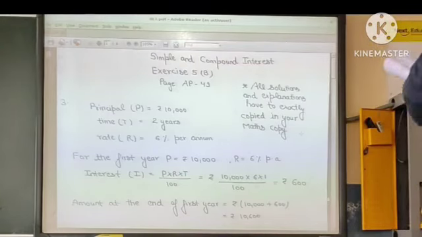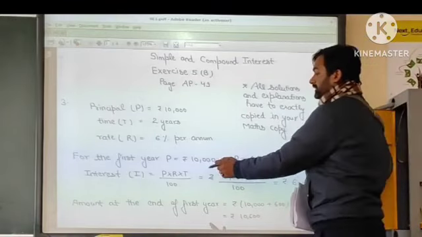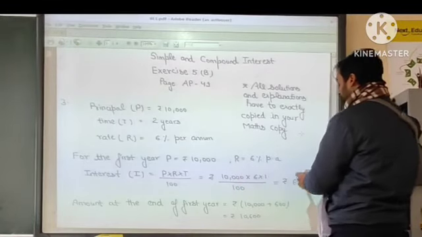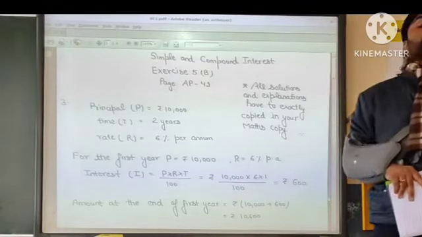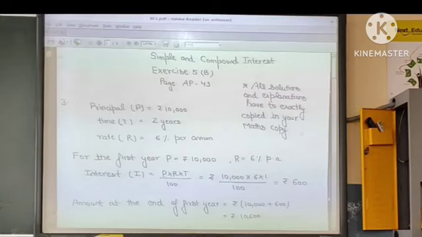See, for the first year, the principal is 10,000. Rate is 6% per annum. Now, if we are using the formula of simple interest, we get 10,000 into 6 into 1 upon 100. That is 600. Now, children, this 600 is the interest for the first year. This interest calculated will be added to the principal, and when it is added to the principal it becomes the